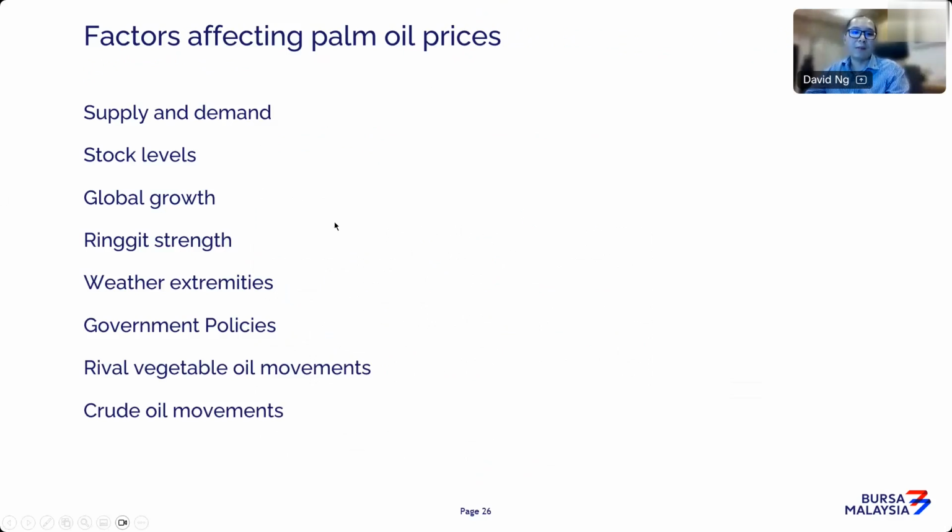Now, these are factors affecting palm oil prices. I've covered a few of them. Supply and demand dynamics are very important. You can't run away from that. If you are trading palm oil, S&D is very important. If you have an oversupplied market, normally palm oil prices can't go up too much. If you are in an undersupplied market, you should see prices going up. Ringgit is an important element. Weather and government policies are all quite essential. But these are all quite unpredictable. With supply and demand, based on seasonal patterns, you can roughly gauge. But the other factors you can't really do that with, because they are pretty much uncertain factors that can disrupt market forces.